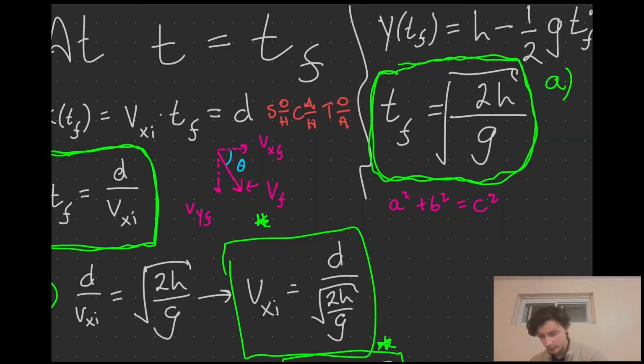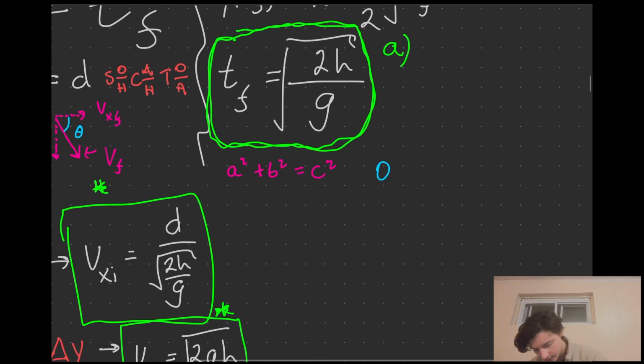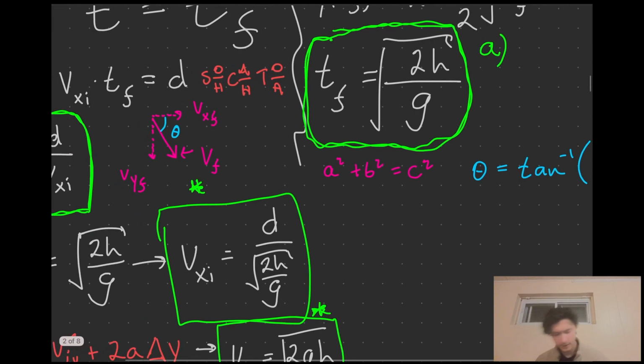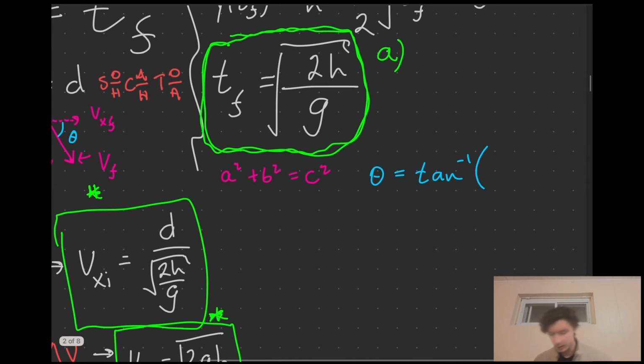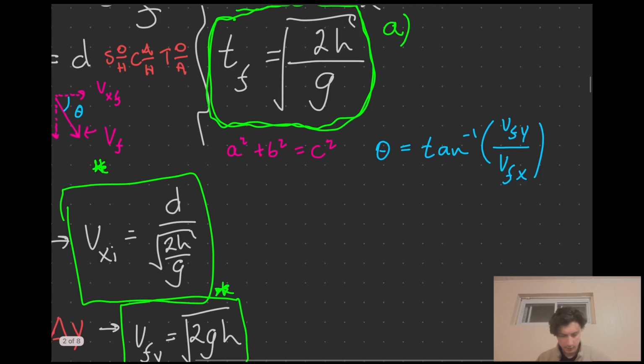So actually I'm going to write that equation over here because we're going to do it all together. Theta is equal to tangent inverse of the opposite, which is v final y, over the adjacent, which is v final x. Awesome. And let's get cracking. I'm going to keep stuff here in pink and do